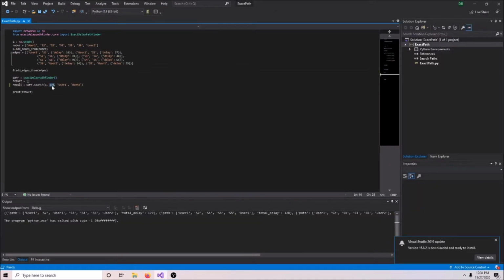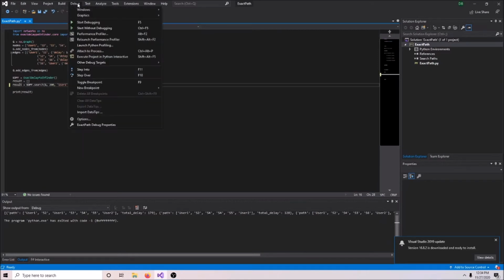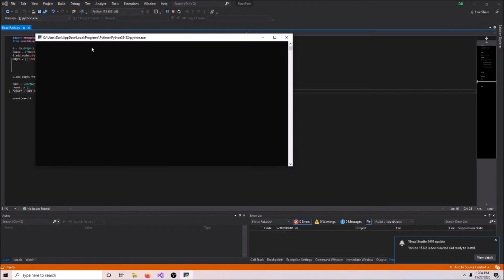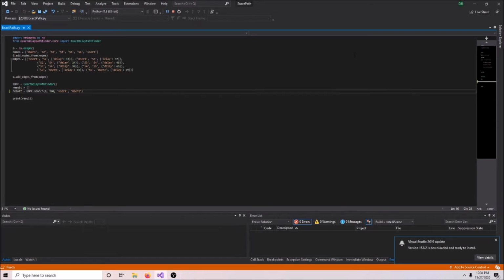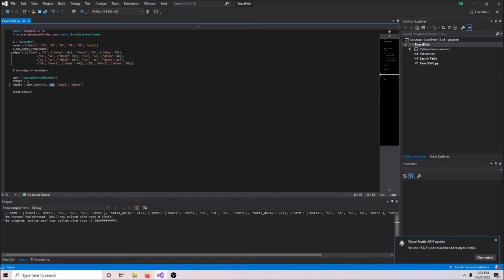Let's bump that up to 200. As you see, we have a closer path, 217, versus 179. 179 is that second closest one, and then we got that 262 that's still hanging out all the way over there. If we change this to 217, we should get that exact path